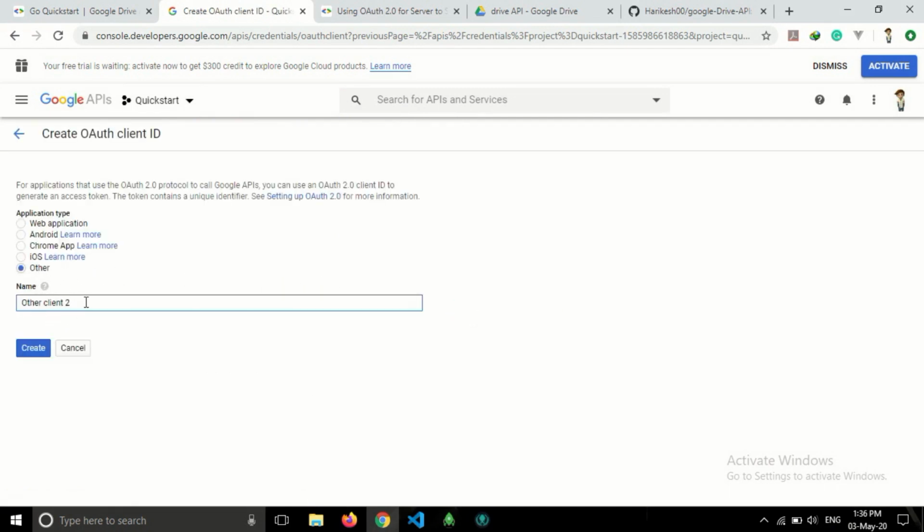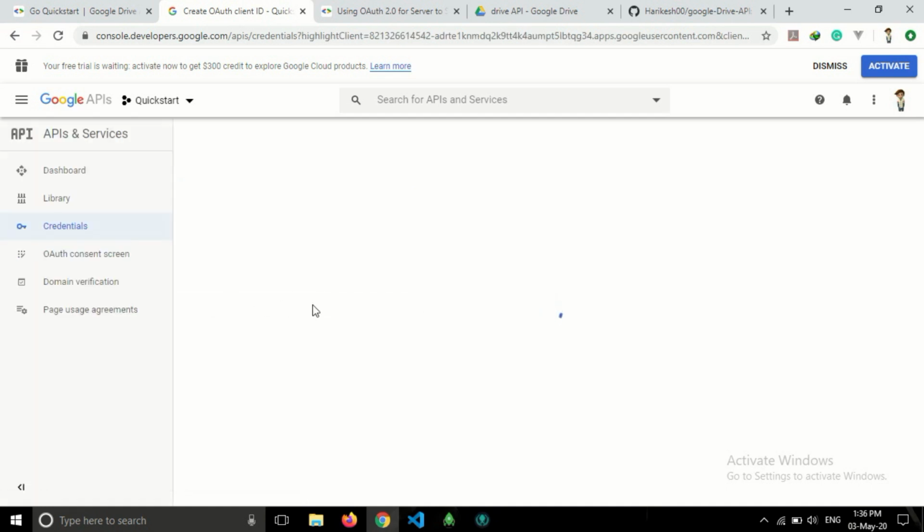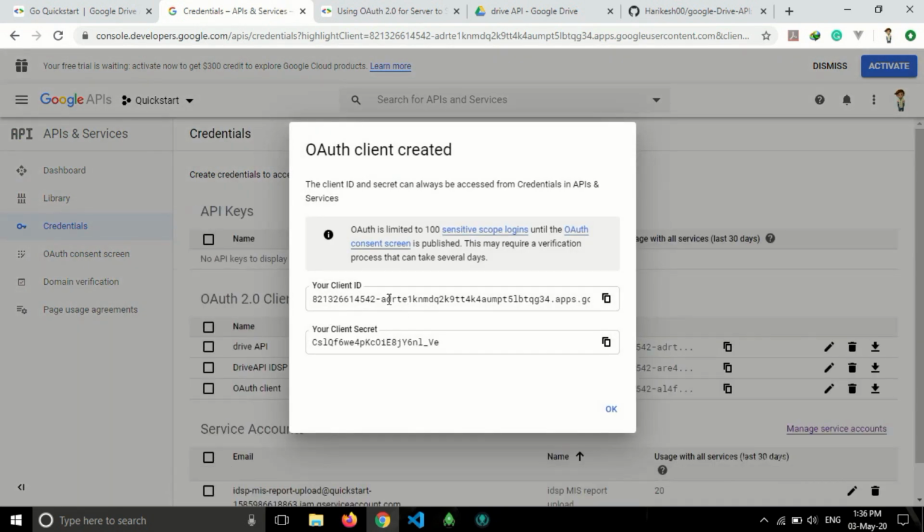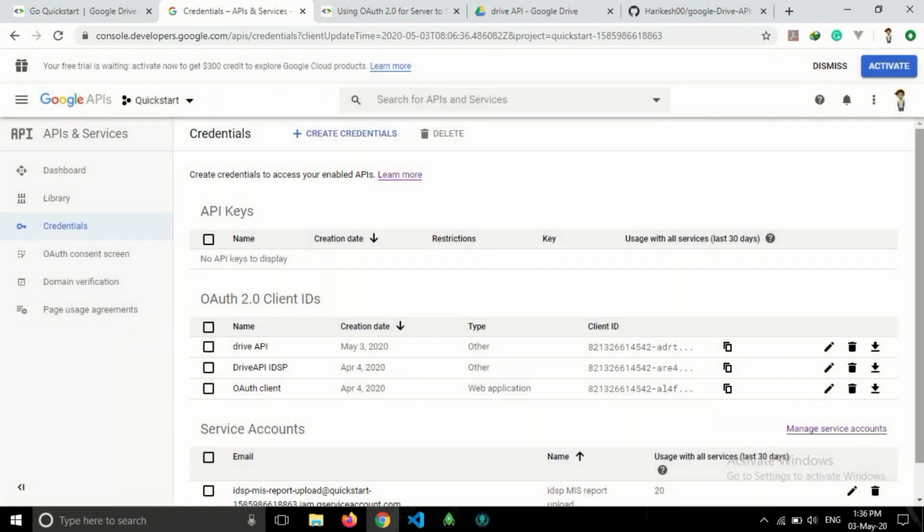We'll use Other. Give the name. So here the client ID and secret is created. So you can download it from here.